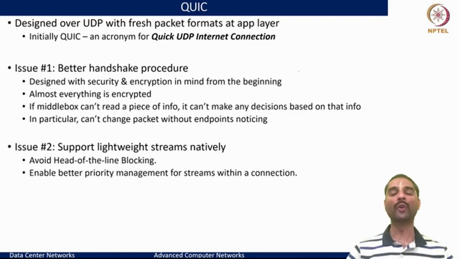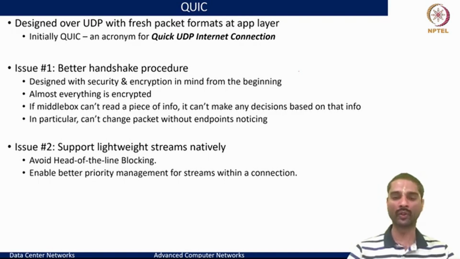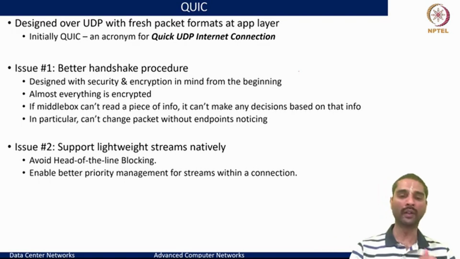Likewise, we also wanted to have better priority management. If I have the streams and I have different kinds of data, which data do I want to render first, so that I could prioritize sending that information over the same UDP channel to ensure that you get the data correctly in the order that you would want the browser to render. So all of these were the key design characteristics that led to the development of QUIC.